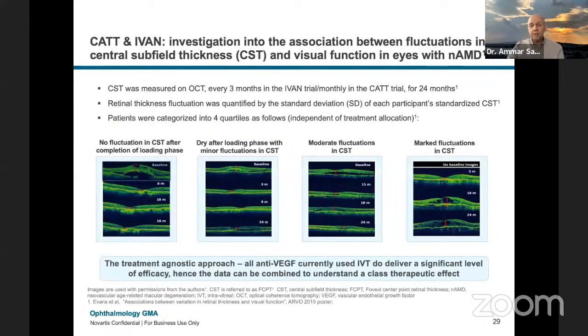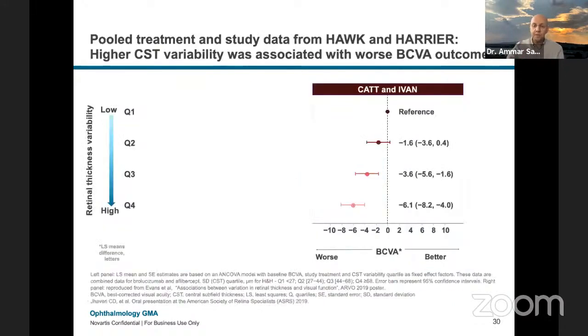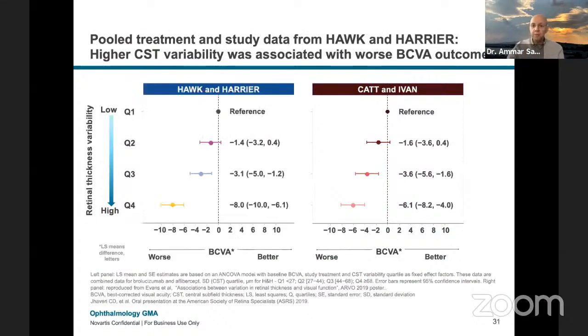And the more variation you have, the worse vision you get. Now, this was Hawk and Harrier. If we look at the Cat and Ivan, they did the same exact analysis for the patients in Cat and Ivan using the same exact criteria. And guess what? The results were very, very similar to what we got in Hawk and Harrier. And in fact, if you put them right next to each other, they look very much like a mirror image